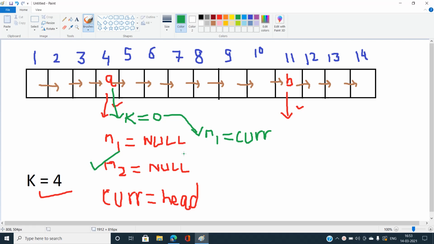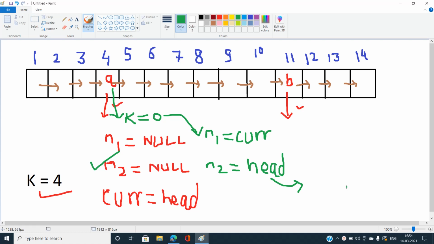then I am going to increment my n2 to its next pointer every time. That is, when k becomes 0, I am going to initialize my n2 as head, and after every subsequent iteration I am going to increment n2 as n2 equals n2's next. So for the remaining n minus k plus 1 length, if each time I increment n2 to its next pointer, then after traversing the entire linked list I will have n2 as the kth node from the end, and n1 is already at the kth node from the beginning. Okay, so this will be our main logic to solve this problem. In one traversal I have done everything.